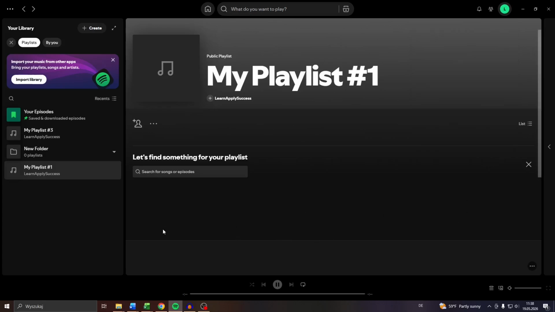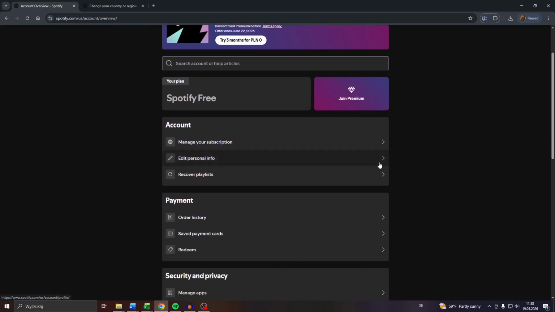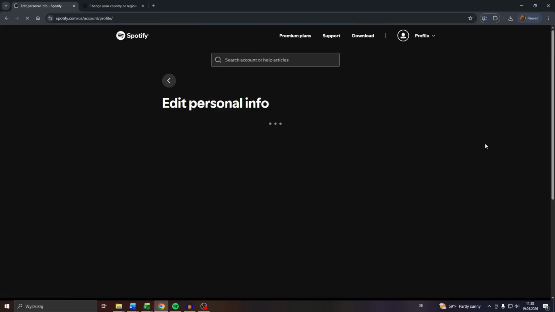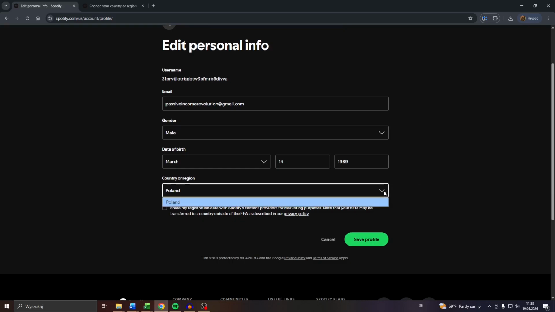Instead, what you can do, guys, is navigate to the web application of Spotify, log into your account, and then click into your profile icon in the top right to access your account settings. From here, you can navigate to edit personal info. And here, if you scroll down, theoretically, you should be able to change your country or region settings by clicking into the drop-down menu. If, and there is an important premise, if you are also currently located in the given country,